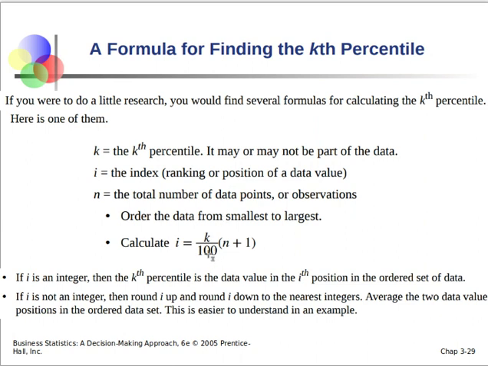Then calculate I using k over 100 times n, multiply it by n plus 1. If I is an integer, then the kth percentile is the data value in the ith position in the ordered set of data. If I is not an integer, then round I up and round I down to the nearest